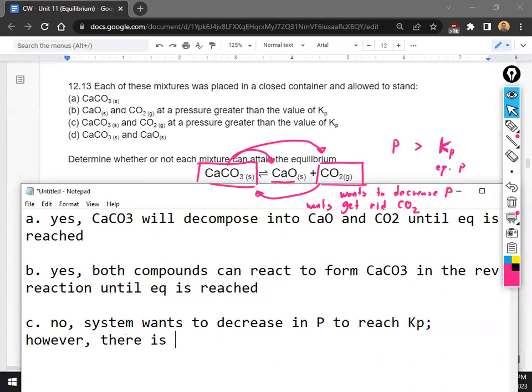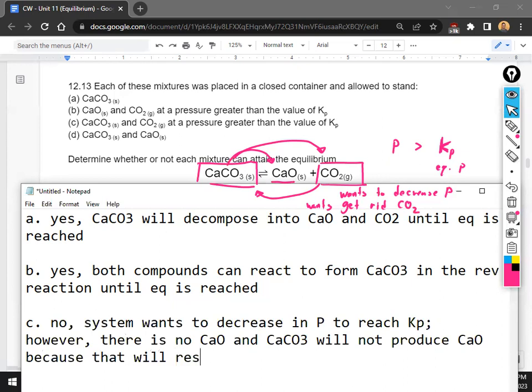However, there is no CaO, and CaCO3 will not produce CaO because that will result in more CO2, which will increase pressure. Something like that. I'm sure you guys can write it a lot better than I can. It's kind of a run-on sentence, but